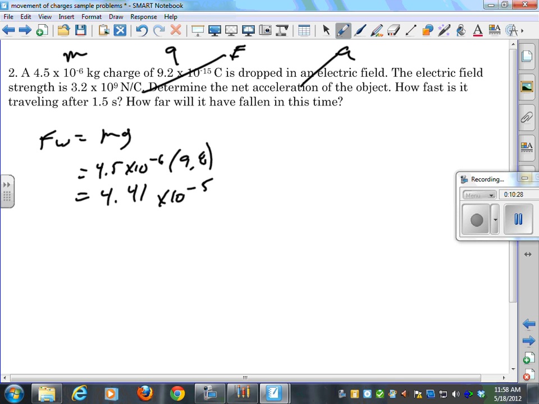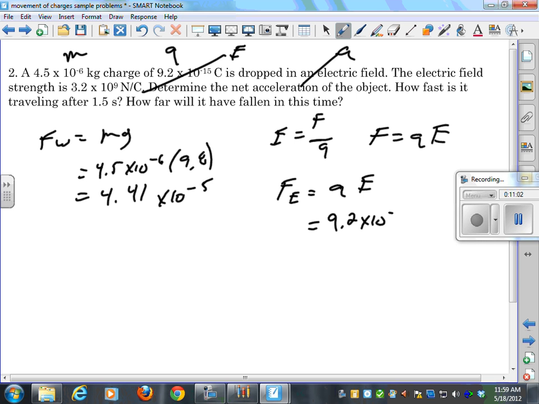Now, how many people have figured out that when I go E equals F over Q, that means that F equals QE? Anybody started to write that on their own? You can go ahead and do that because we're going to be solving for F here. Once you realize that it's always going to be the same and we're going to be solving for F an awful lot, you can simply go